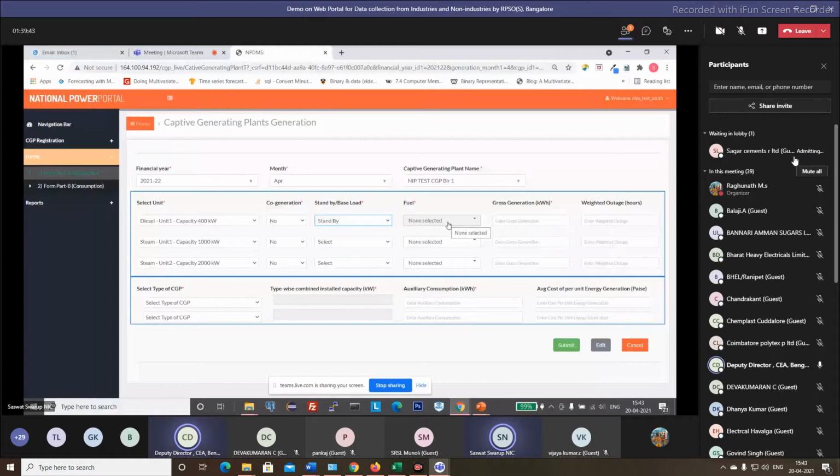And there is fuel here; there are multiple kinds of fuel. Sir, would you like to explain about the fuel? Diesel, you select. See, for the diesel, you will have to select that fuel.